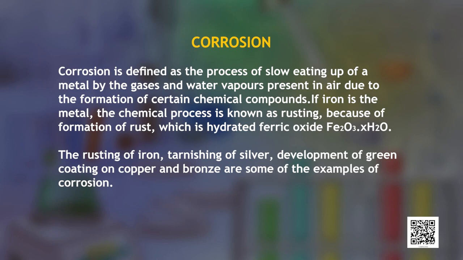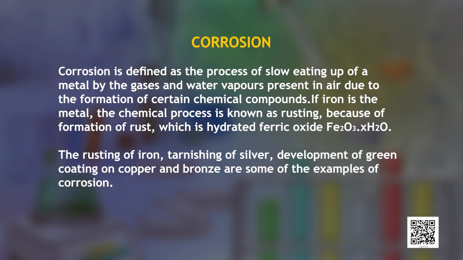Corrosion is defined as the process of slow eating up of a metal by the gases and water vapors present in air due to the formation of certain chemical compounds. If iron is the metal, the chemical process is known as rusting because of formation of rust, which is hydrated ferric oxide and is given by the formula